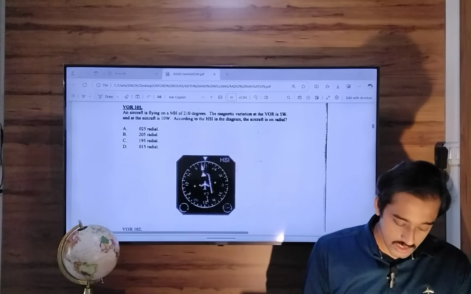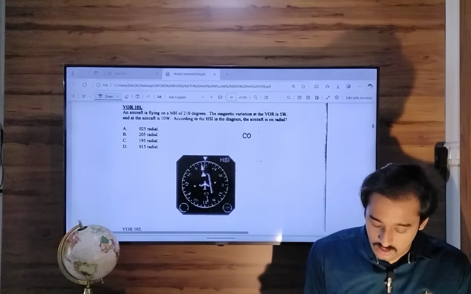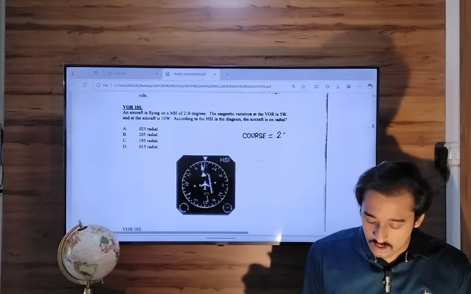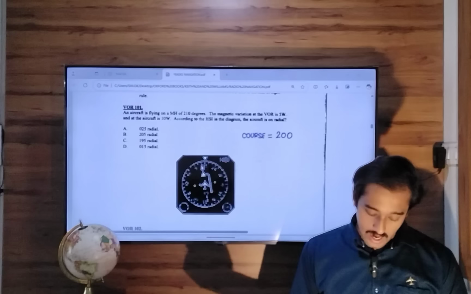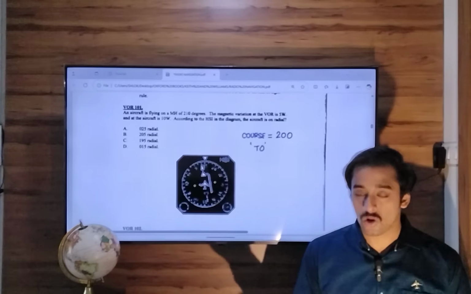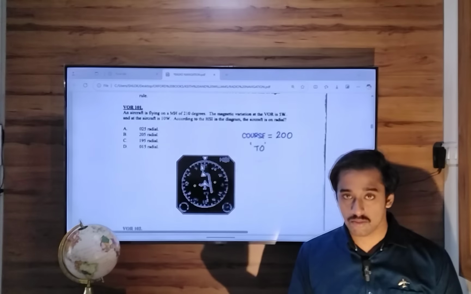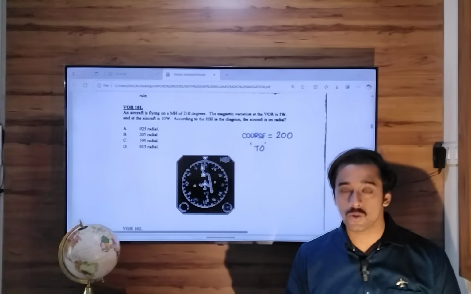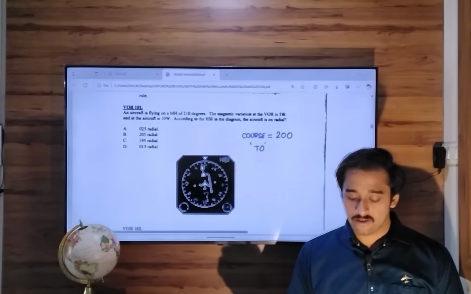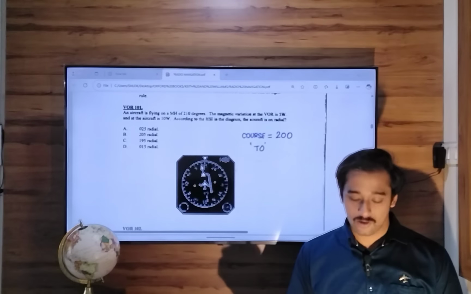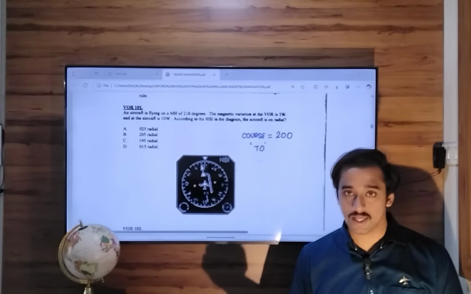So the course is set to 200, and the to-from indicator is indicating to. That means we are going towards the VOR station, and we have set a course of 200. Okay. So if the track to the station is 200,